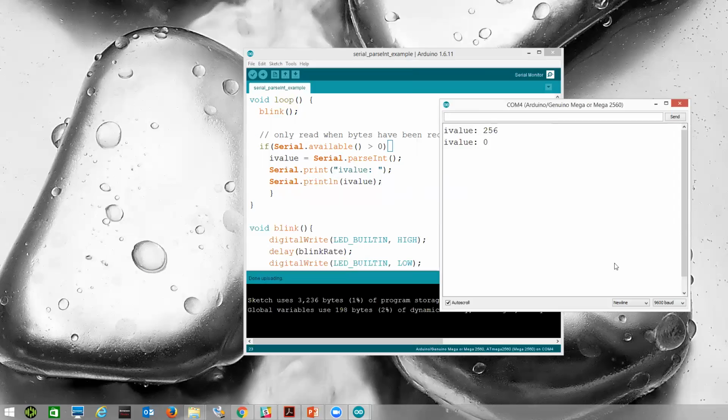Now, why did I get the I value? Well, I got the I value of 0 because I had this new line turned on. So what this did was it wrote the 256, parseInt read that in, and then it read in the ASCII value for the new line and said, well, that's not a numeric digit, so I'm going to turn that to 0. So now if I turn this to no line ending, 256,